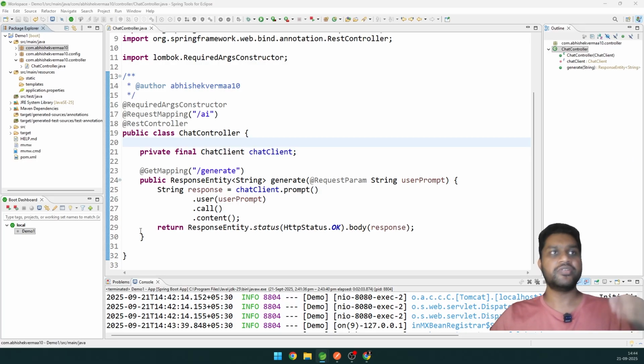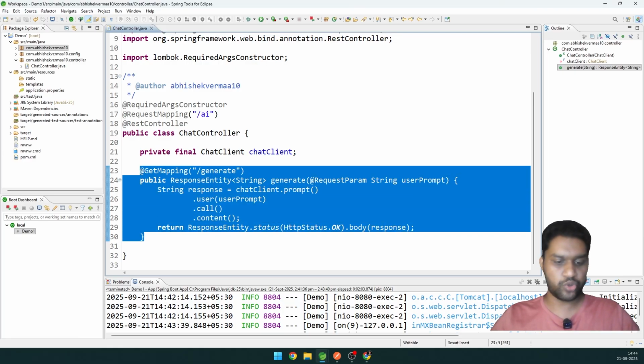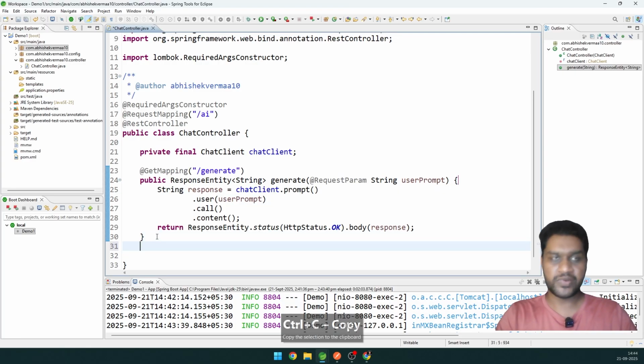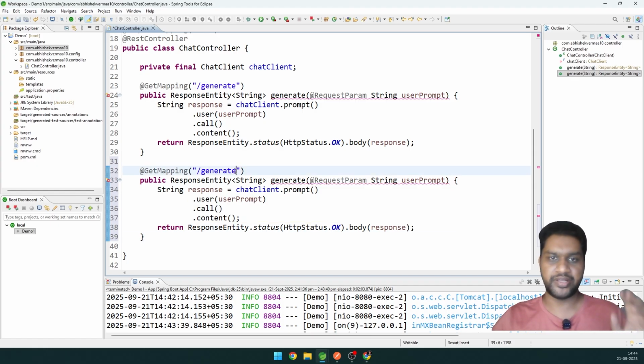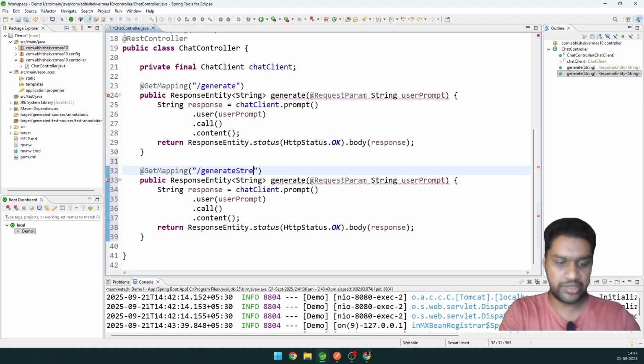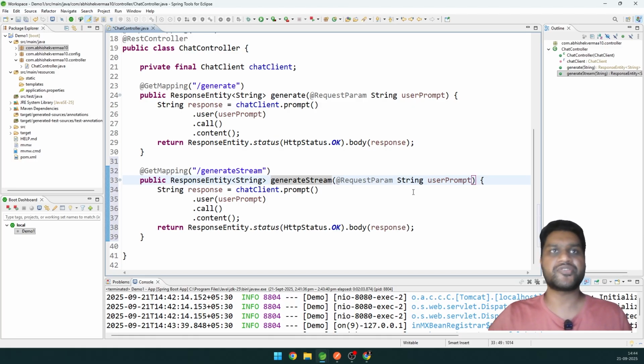For that also, the interesting part is you don't need to make any other change in your dependencies. Let me just copy paste the same thing, and now I will be showing you two or three more options about the same part. If you wish you can skip this part, otherwise you can watch it. So this time we are going to generate a stream, so this is going to be generate stream, and this part is going to remain the same, and the only change is that instead of saying content here,